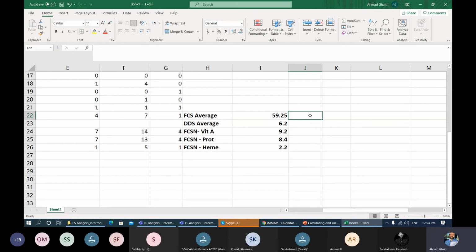Chris is trying to tell you guys to connect them all together and give us a story about the food consumption score. Write us just a line or two each, putting all of these together, because for the advanced training we are preparing you, we will show you how we write the report and how you can connect these and write a full story about the food security or nutrition situation of a particular region. So connect these three indicators in a couple of sentences. I'm trying to connect them all in one sentence. See what is your understanding of all these indicators.